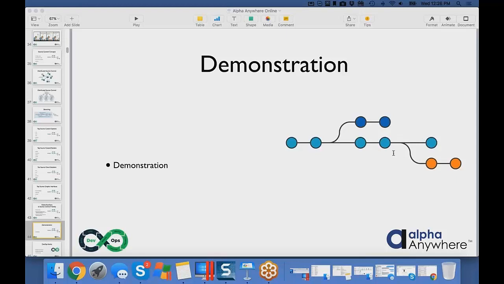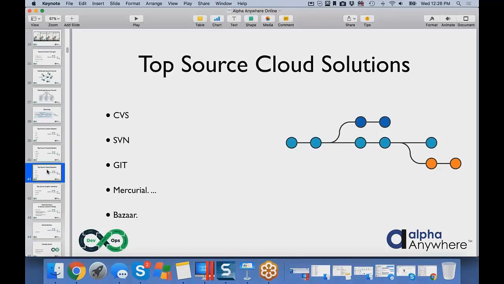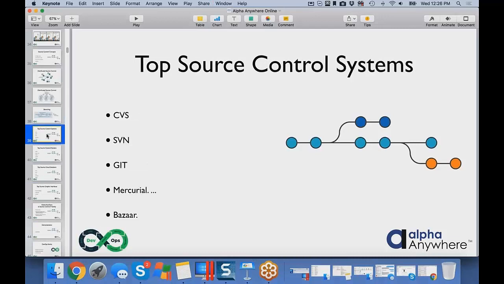But Vaughn also told us about TortoiseGit. It's called TortoiseGit, another good choice that's out there. So I didn't have their name on here. Let's see, systems, so we can just put it in there.